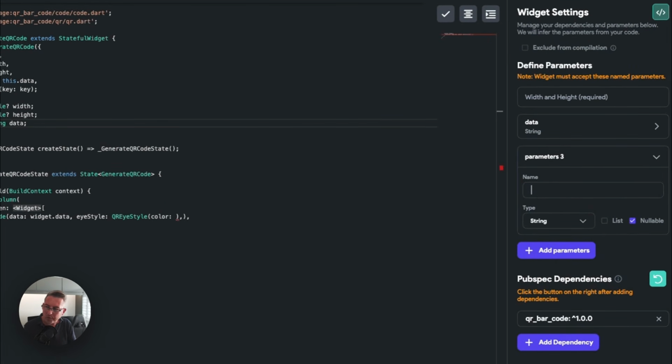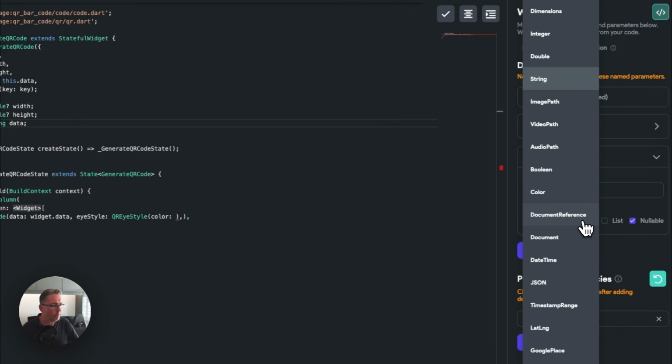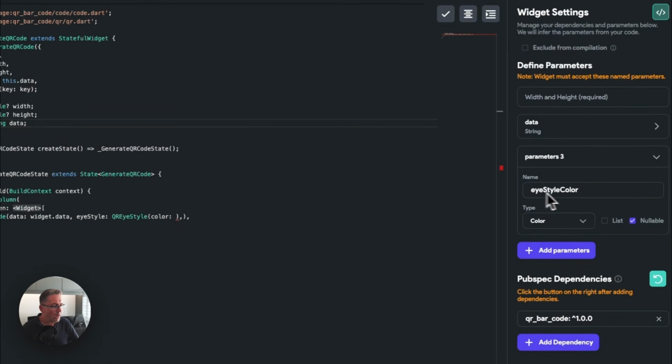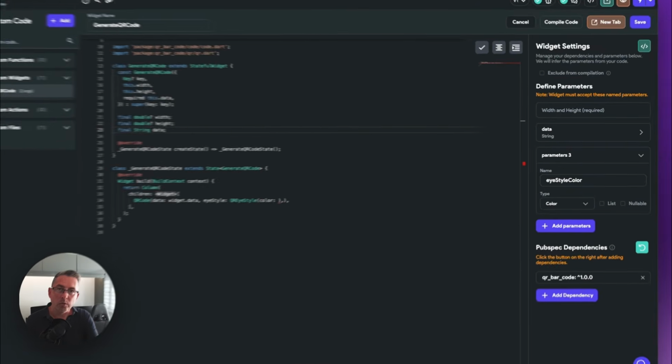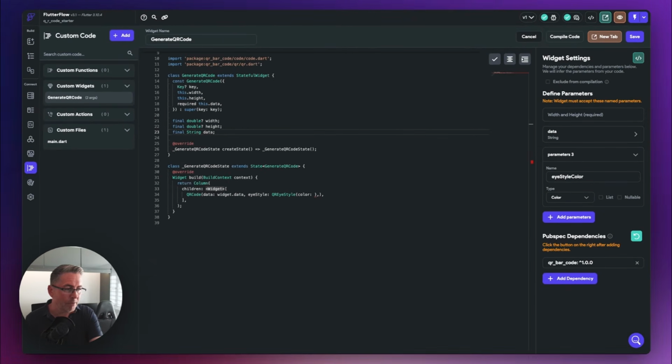Okay, and we're going to call this one I style color, just like that. Okay, and we're going to set the type to be an actual type of color. So just choose a color there. We don't want to make it nullable. We're always going to pass a value in. Okay, so the parameter is now set up, but this is where we need to be a little bit careful now, because if we're not careful here, we can actually wipe out all of the code that we've actually entered into this middle section. So I'm going to show you a little technique that I use